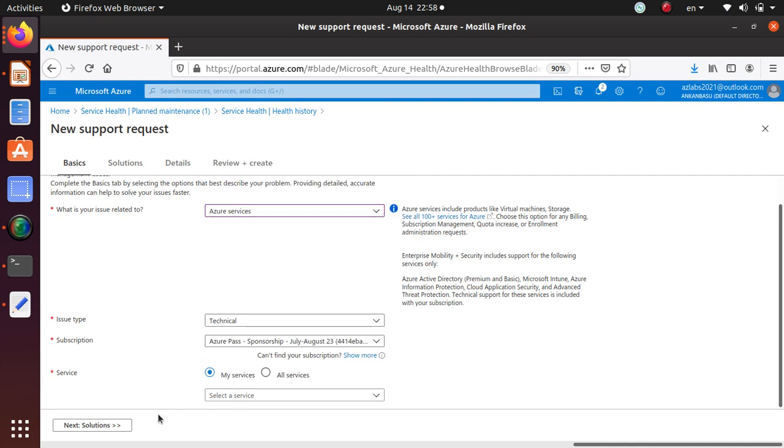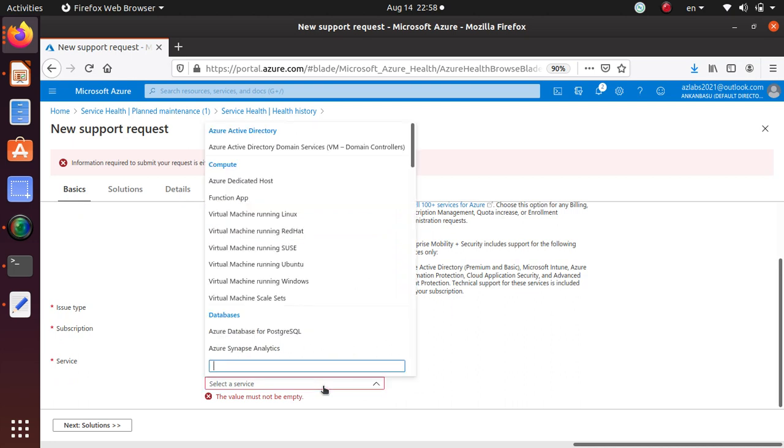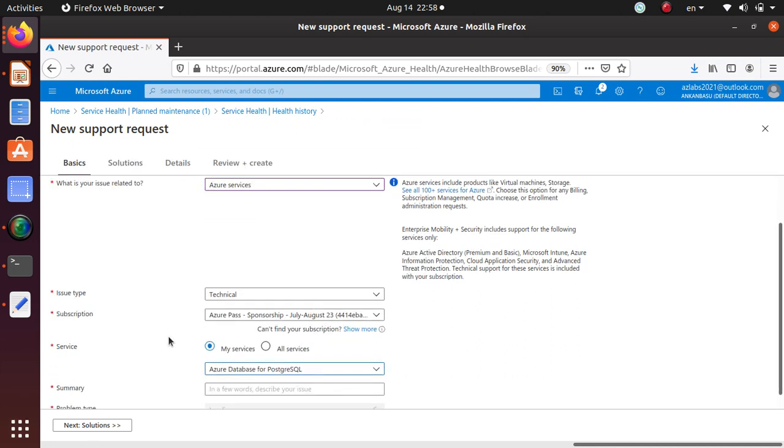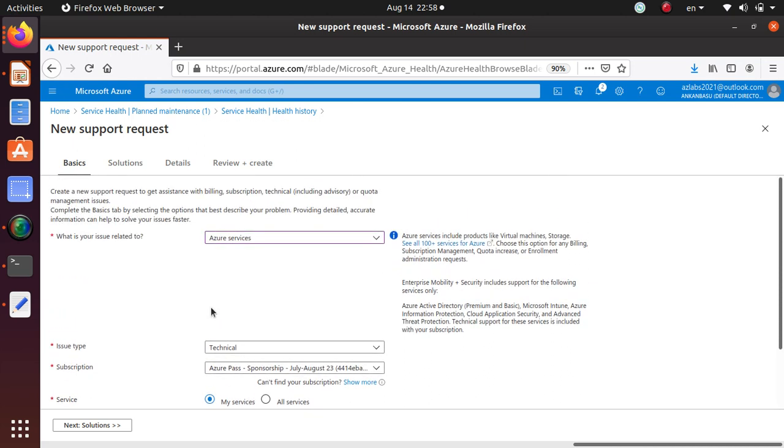Sometimes they will give you a default solution, and if you feel like that's going to solve your issue, you just accept it. If not, and you still need further support, you just submit a ticket, and you will get a response back from Microsoft support.